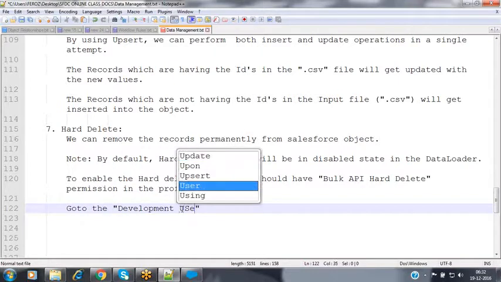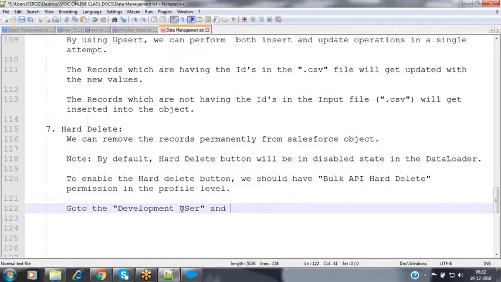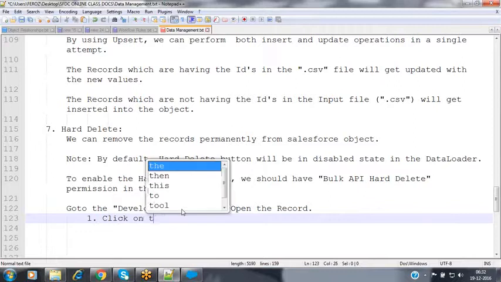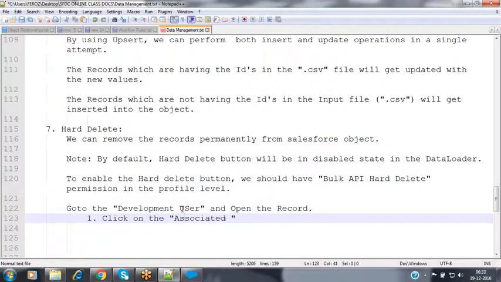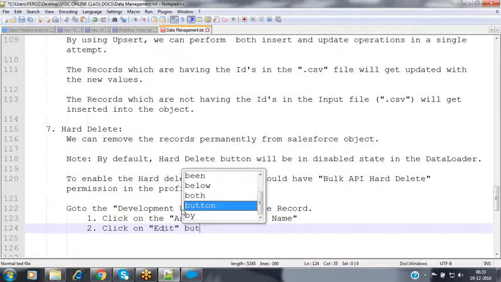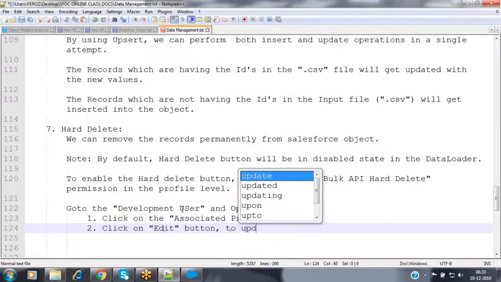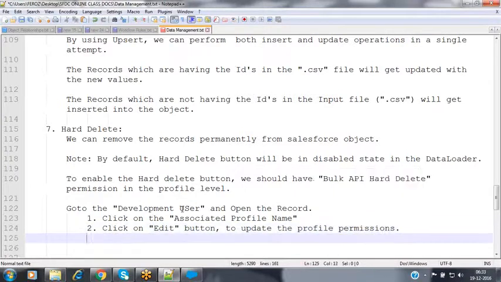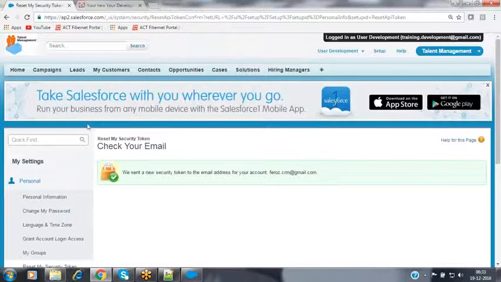Go to the development user, open the record, click on the associated profile name, click on the edit button to update the profile permissions. Go to the administrator permissions.